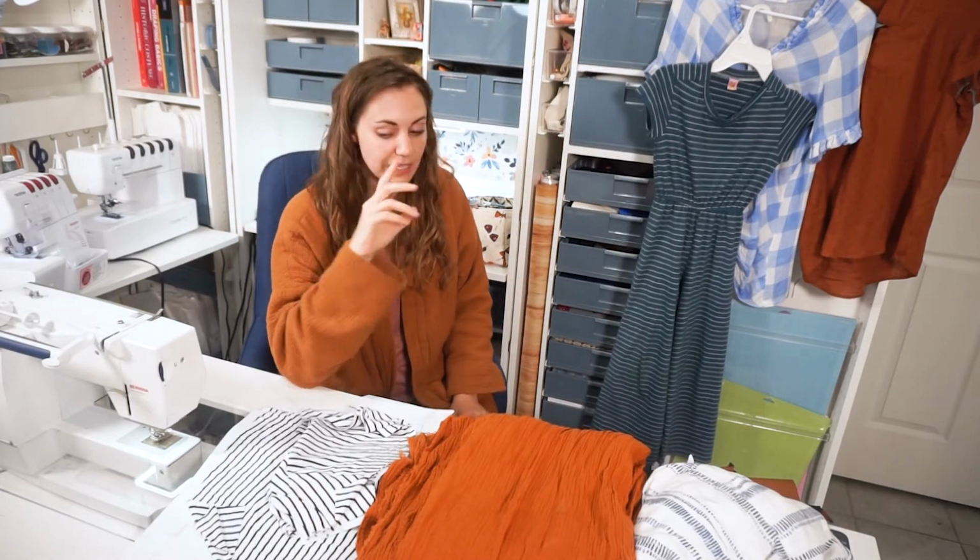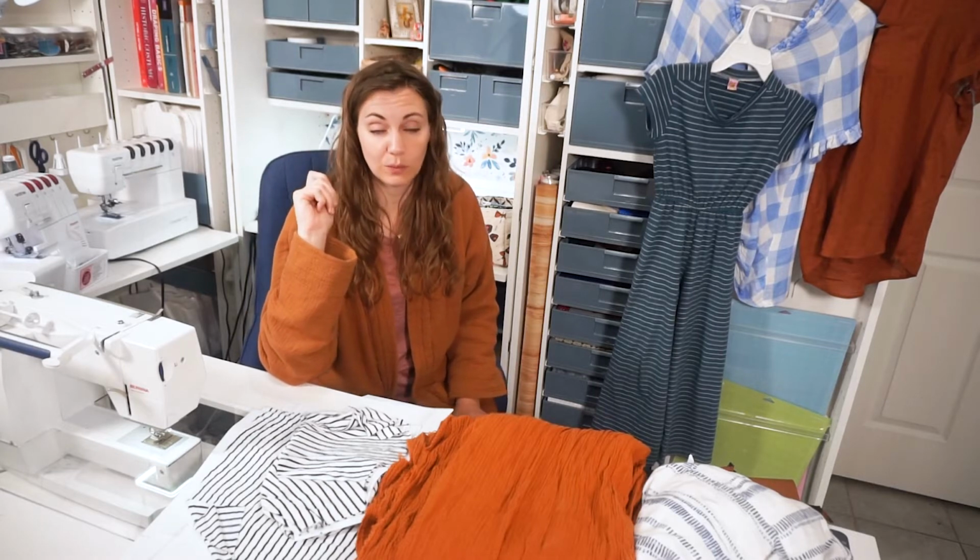Also, I have another one cut out right here to work on, so I'm hoping to release that pattern by the end of May. If you want to be one of my testers, if that's something you're interested in, you